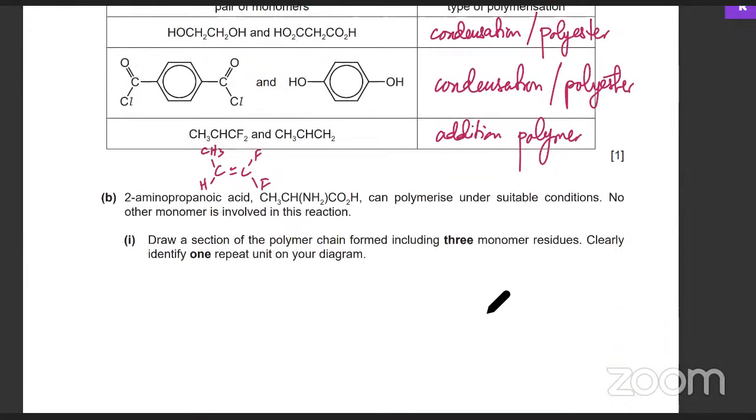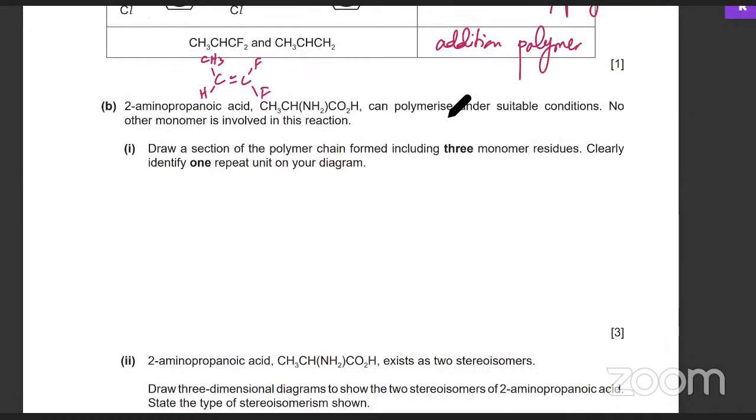Okay, nothing else. Next one is 2-aminopropanoic acid can polymerize under suitable conditions. No other monomer is involved in this reaction. Draw a section of the polymer chain formed, including 3 monomer residues. So basically, you have to draw 3 monomers. Clearly identify 1 repeat unit. So 2-aminopropanoic acid can polymerize, and there's no other monomer. So we're basically making a peptide. So an amino acid